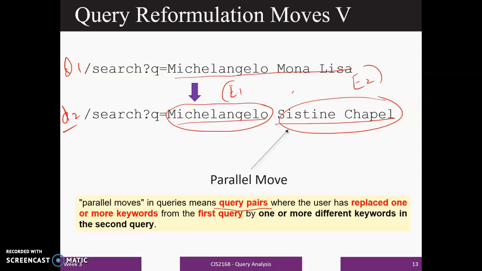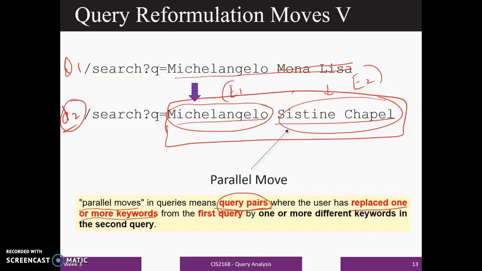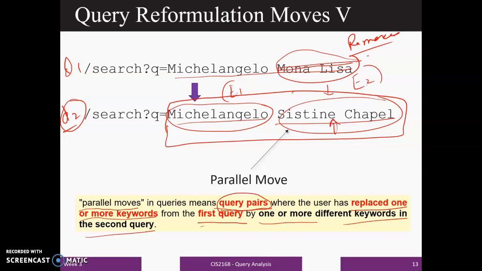the items together. So this is called as parallel moves, where query pairs, user search for the query pairs, user has replaced one or more keywords. So you are replacing this with this keyword and you are searching for your updated query. So what you are doing here, you are creating a query pair. So this is your query pair, and in order to get this query pair, what you did, you have removed this and so remove some keyword from first query by one or more keywords in the second query. So we have removed this from the first query and we have added something new in the